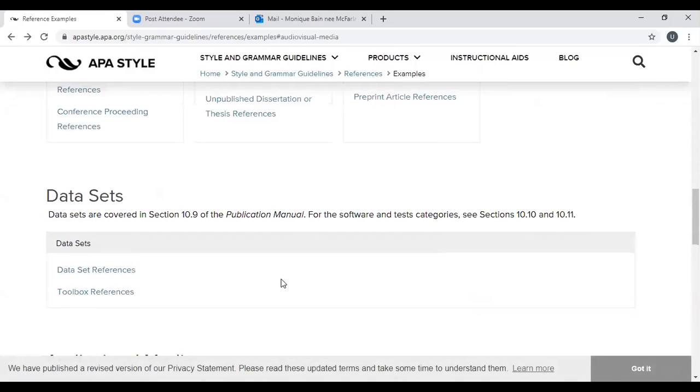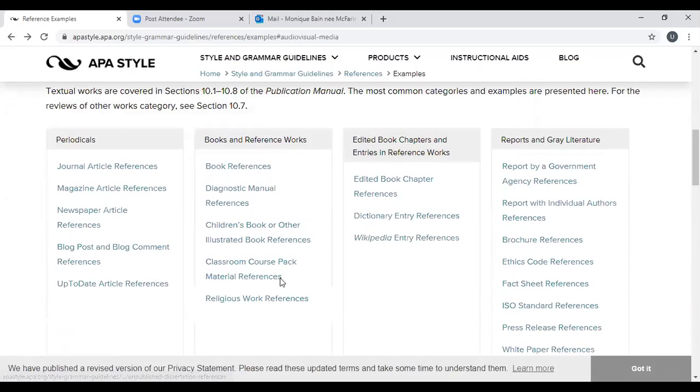Now, to answer the previous question about book references, when